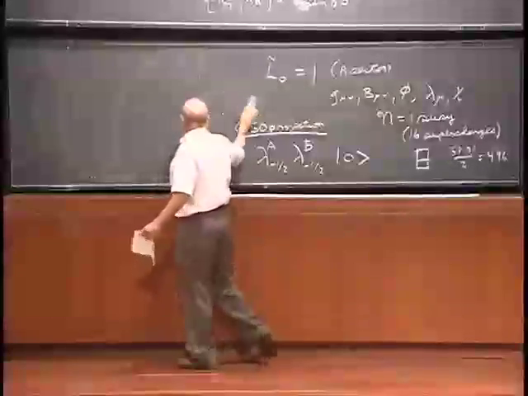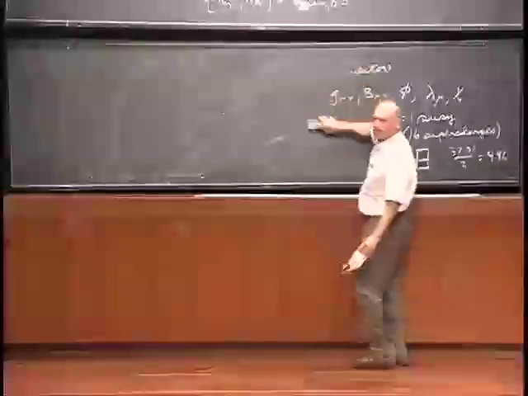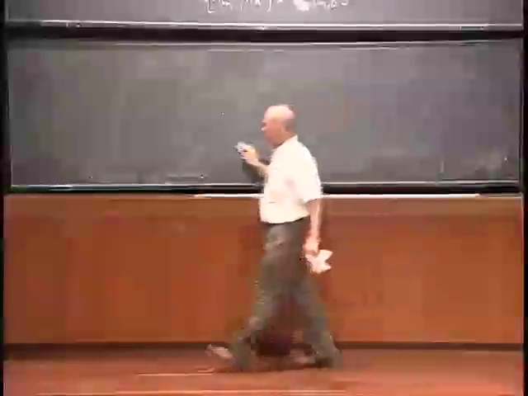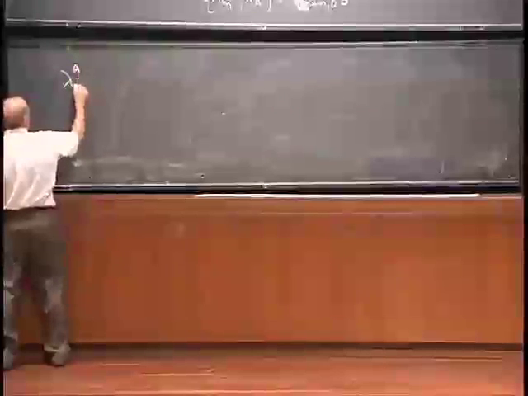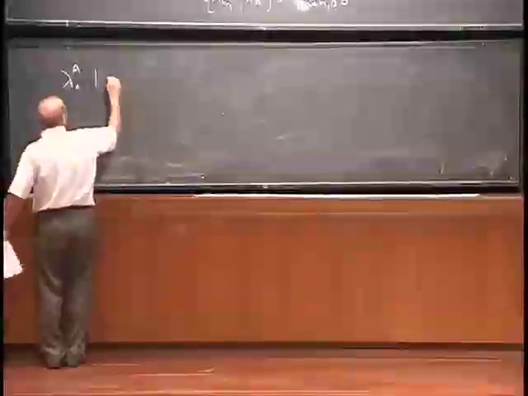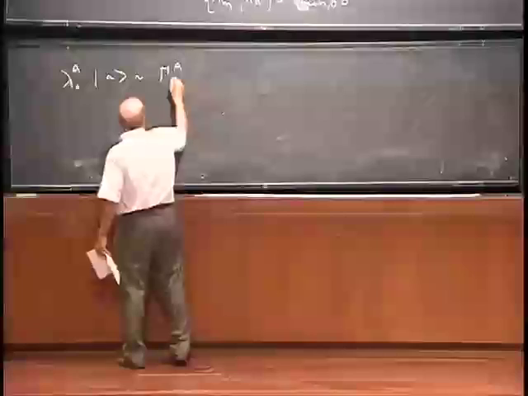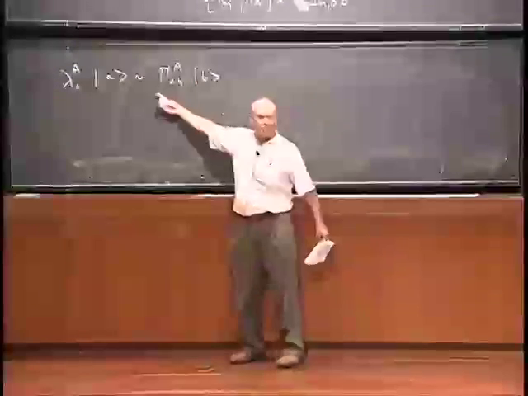And so the lambda zeros are analogous to Dirac matrices, same kind of algebra, and they act on spinors. Same story as for the superstring in the RNS formalism. And so the lambda 0 A's acting on some spinor representation of the SO16 act like some kind of Dirac matrix.